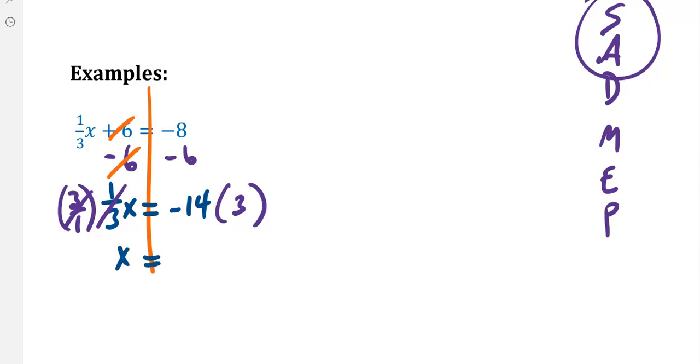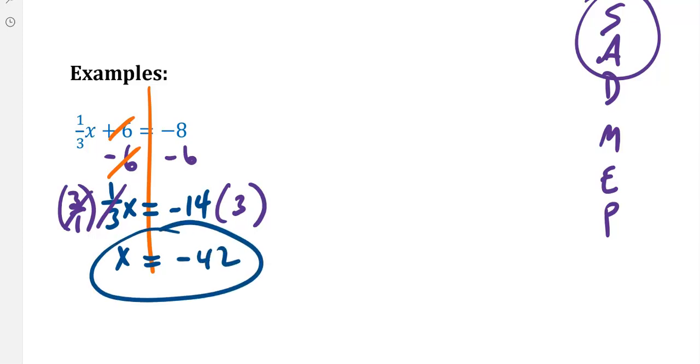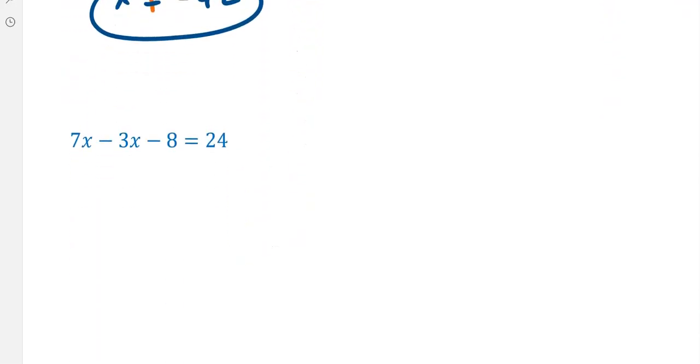And x equals -14 times 3 is -42. And to make sure that that answer would be correct, of course, we would take that -42 and put it back in for x and make sure that our answer is correct. 1/3 times -42 plus 6 should equal -8. And this one,